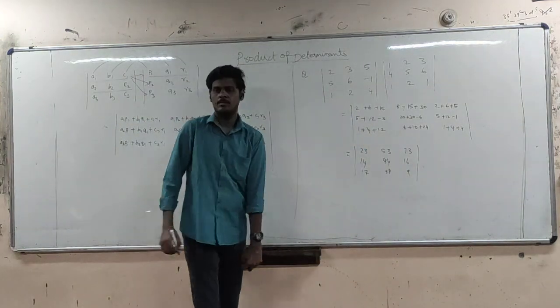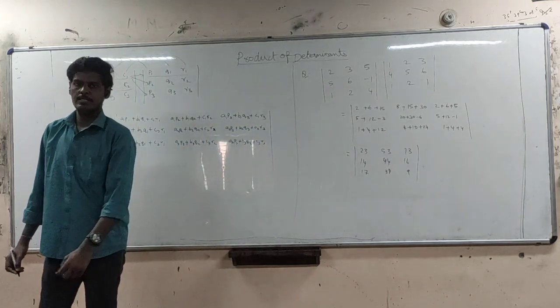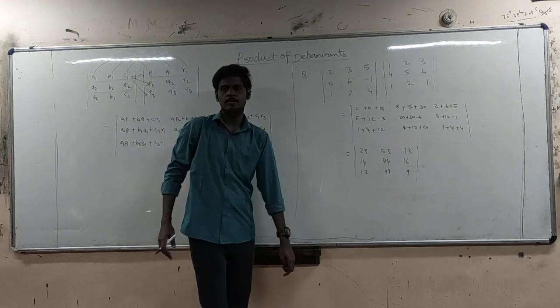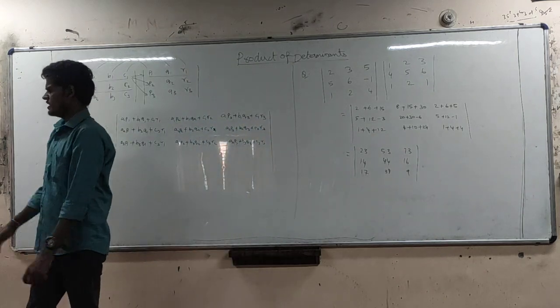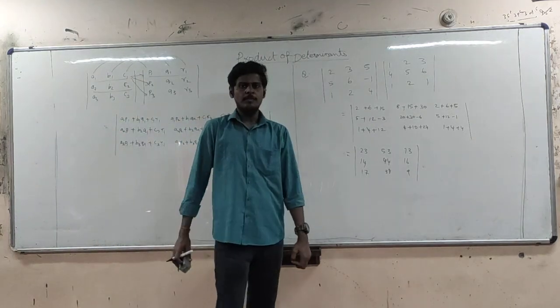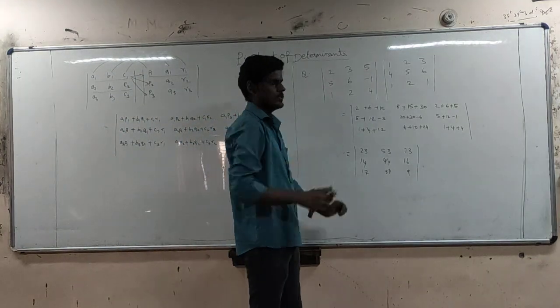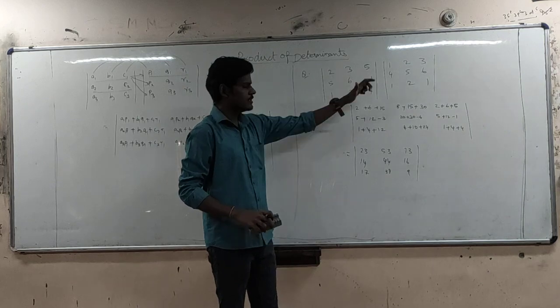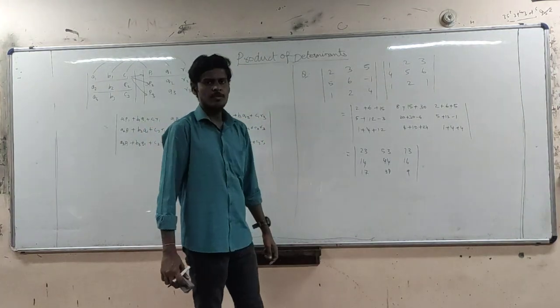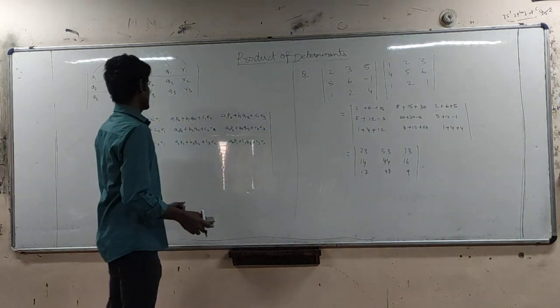You can find it directly as well as in this way. This is one example to find the value of a determinant. But as I already said, questions will not come like this. We need to factorize a given determinant into different determinants, splitting the given determinant into a product of two determinants.